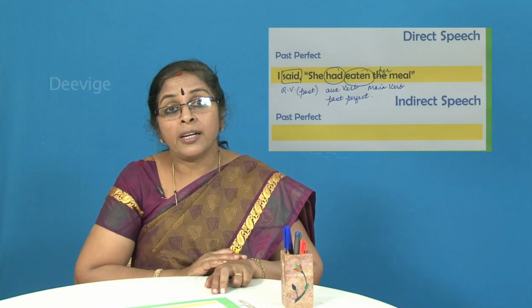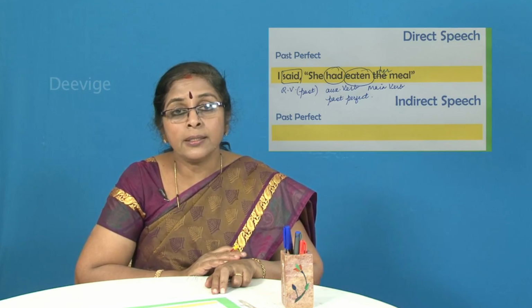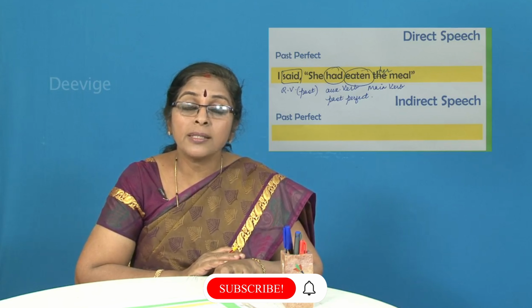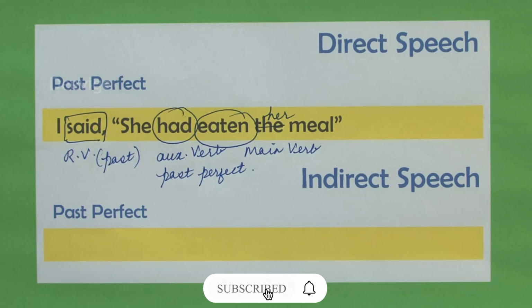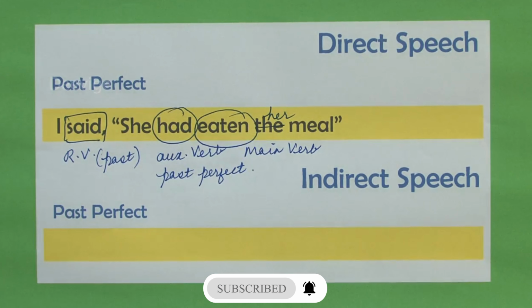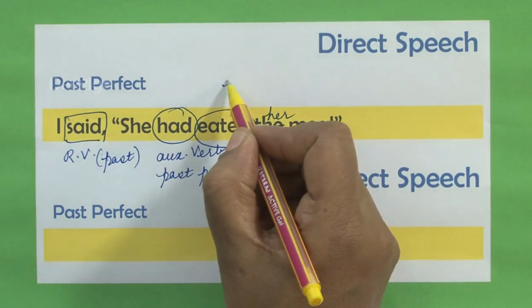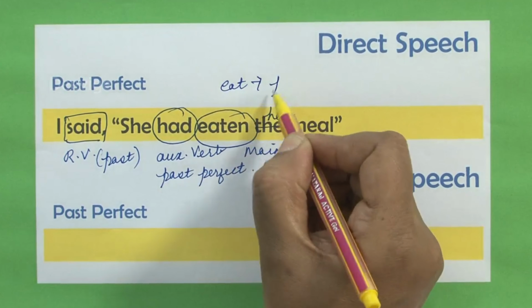Now, if you remember, I have told you that every verb will have three forms: the present tense, the past tense and the past participle form. Now, what do you think would be the other two forms of the verb eaten? It is eat, ate, eaten. Eat is present tense, ate is past tense, A-T-E. Ate is past tense and eaten is past participle. If you want, you can make a note of that, students. Eat is present tense.